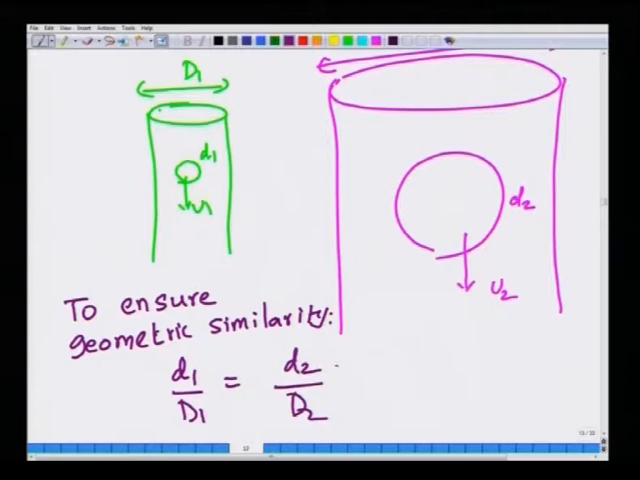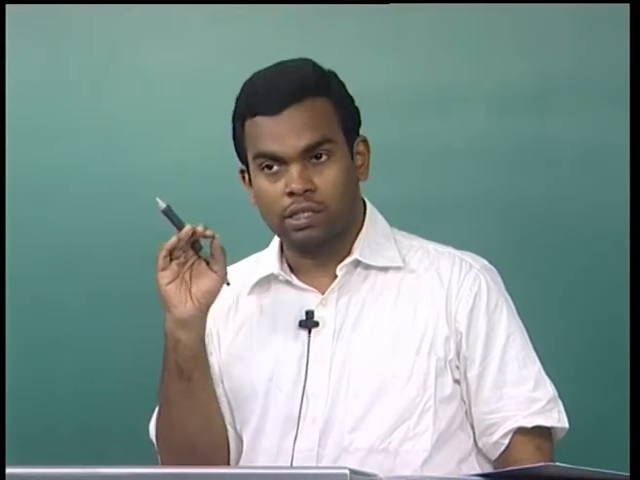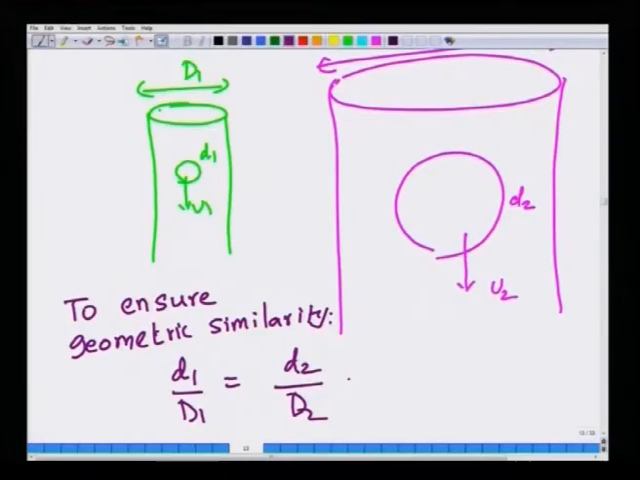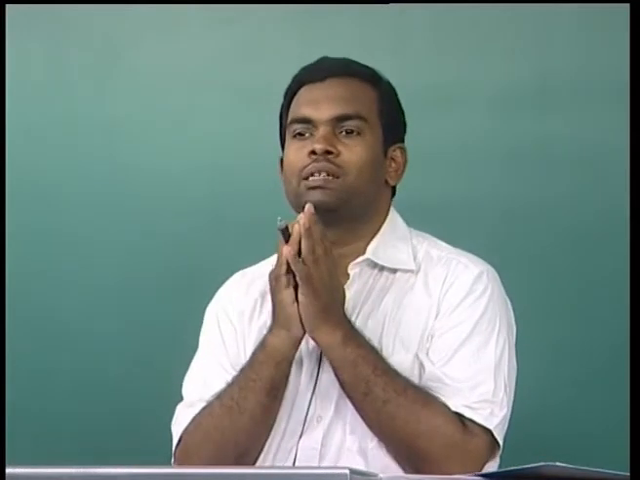If this is not satisfied, then these two systems are not geometrically similar, and you cannot expect the drag coefficient to be the same for both these cases even at the same Reynolds number. Even if you assume that the Reynolds number based on the sphere diameter is the same for both the cases, unless you ensure this geometric similarity, you will not have the same drag coefficient. So, in order for you to be able to use dimensional analysis to scale up from one size to another, the first thing to ensure is that these two systems must be